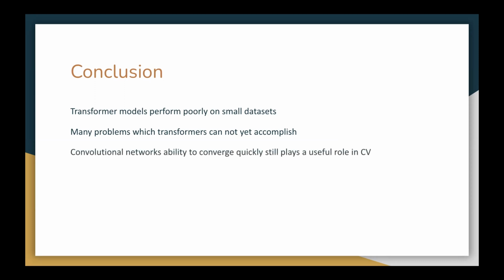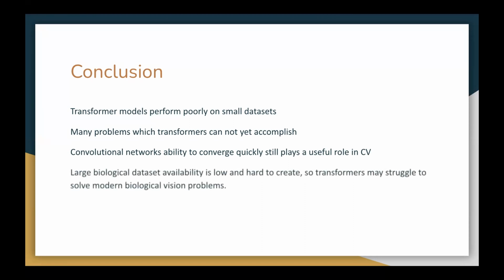The convolutional network just shows that it still serves a very important role, as you can see by the results from the Mask RCNN. If we wanted to implement this and get more reasonable results, we would need a much larger data set. However, the creation of the data set was already a very expensive process just to create 46 images. It required annotating 35,000 different cells by hand, so creating thousands of samples would just be impossible. So biological vision problems such as this have a long way to go for transformers still.